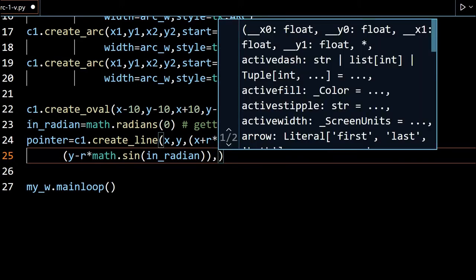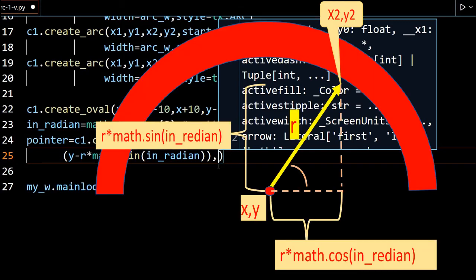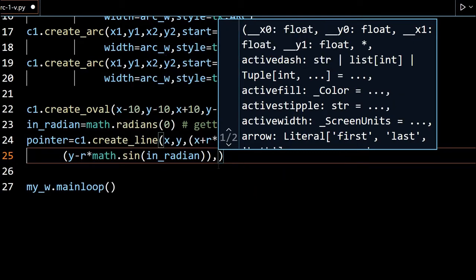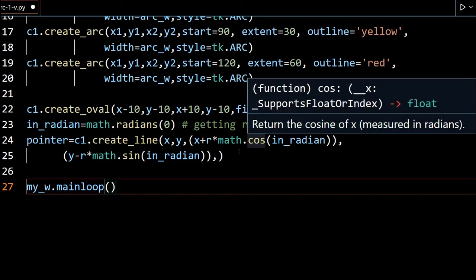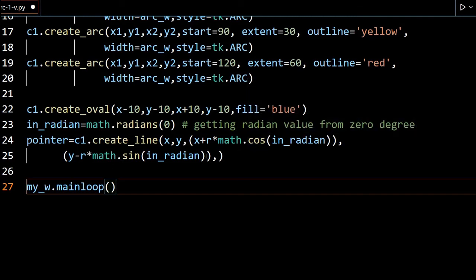Now x, y is the center point, and x2, y2 I have given here. You can understand this by seeing this diagram thoroughly. In this diagram it is explained how to get the second or end coordinate of the line: x plus cos, and y minus sine.